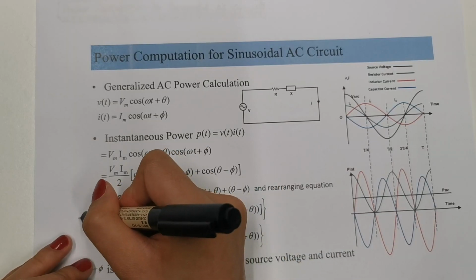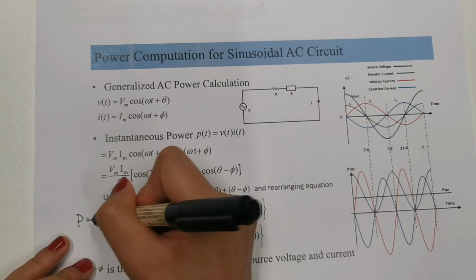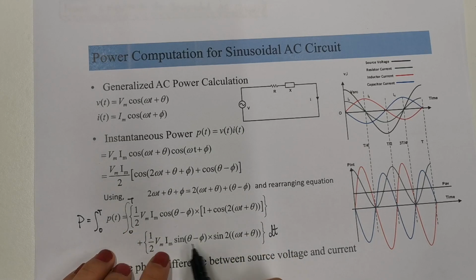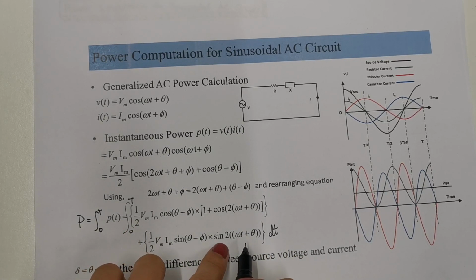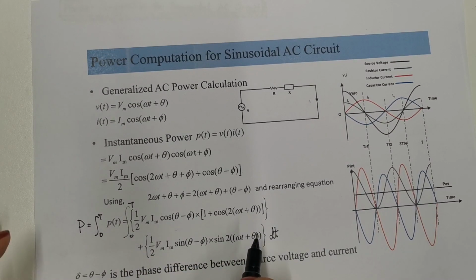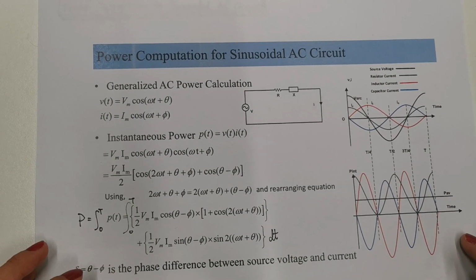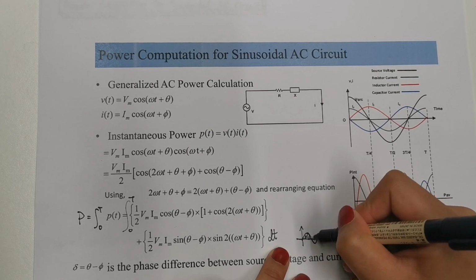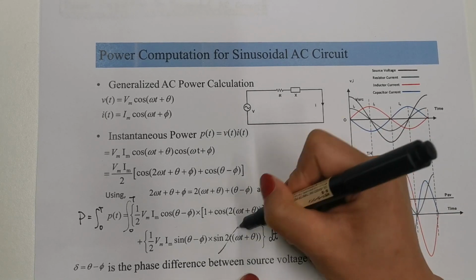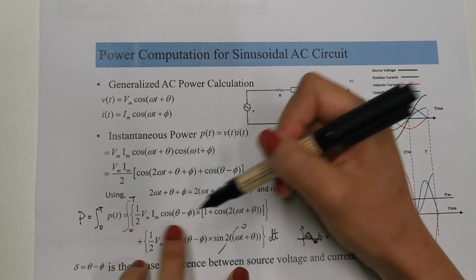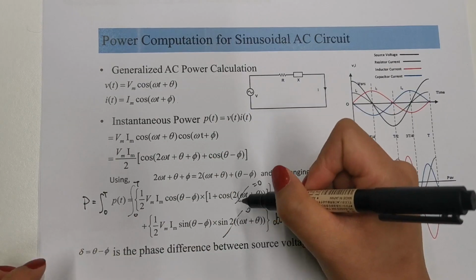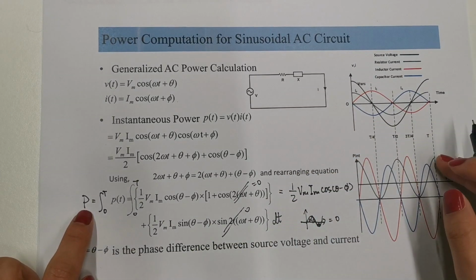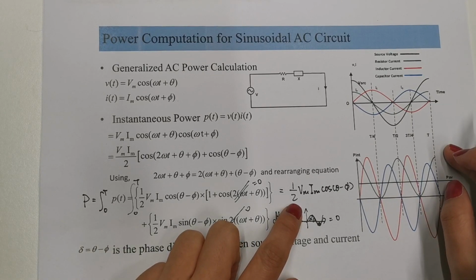If we want to know the power in one period, we do an integral over a period. We will see that for this whole part, because it is sine times 2 omega t, if we integrate over a whole period of the sine wave, we actually get 0. So this part is 0, and also this one times this part is 0. After we simplify those two parts, we can get the power consumed in one period is 1/2 Vm times Im